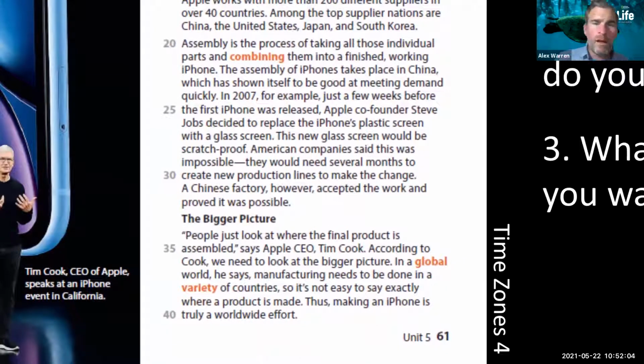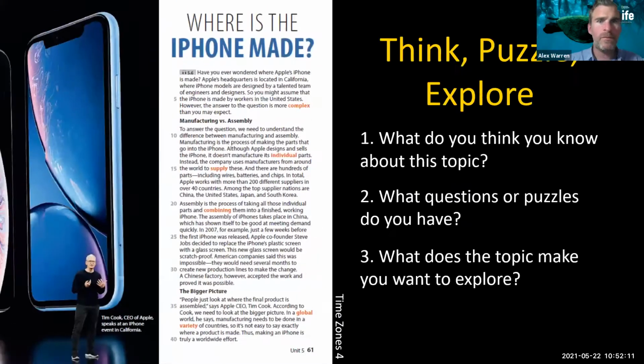Okay. Obviously, we haven't had time to do that in massive detail, but you get the idea of how the process works. And it helps to motivate them to read, gives them a purpose to read, and of course, activating that schemata enables them to read it, hopefully more fluently with greater understanding.